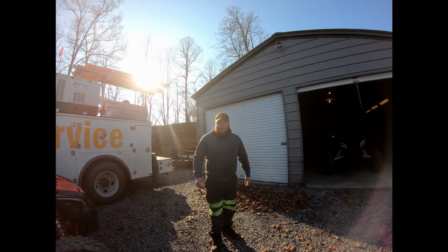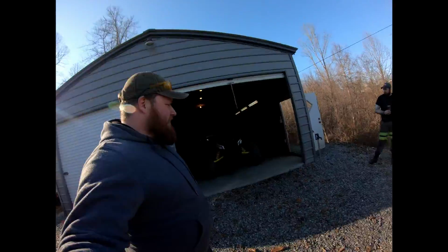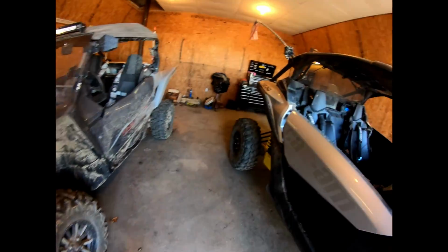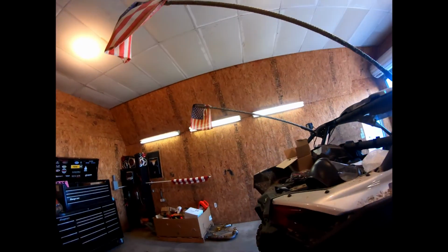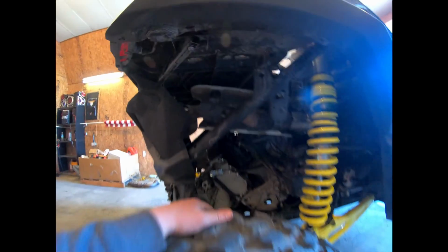What's up guys, Isaac Fleming. I have the same machine but in a different color. 2019 base X3 with almost the same modifications because we hang out a little bit too much. Putting X-Pite mirrors on right now. I got factory Can-Am retractable harnesses, few lights on the inside, Swamp Donkey audio system. I'm actually thinking about changing that out right now because it's got no bass and it's a little weak. 5-foot whip lights. I went with the HMF slip-on muffler delete pipe, but that's actually the reason for the video